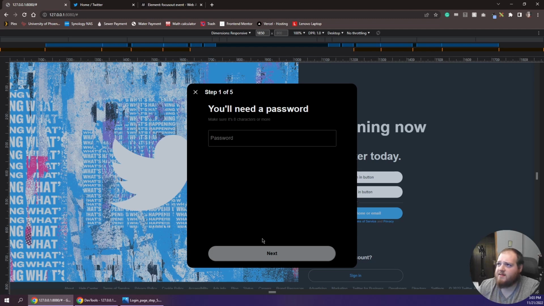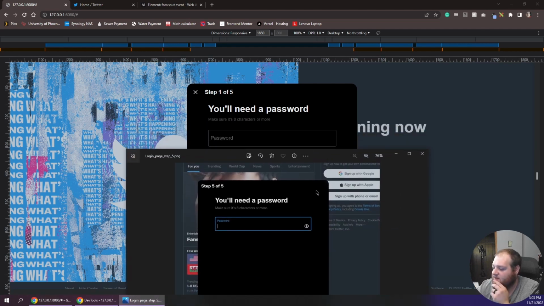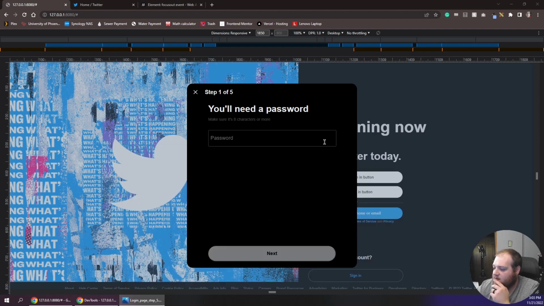I think it's still enabled. I think I'll have to disable it whenever we go to the 5th page. That'll be like the first thing I have to do. And then yeah, that looks for the most part good. The only thing I'm going to have to do here is